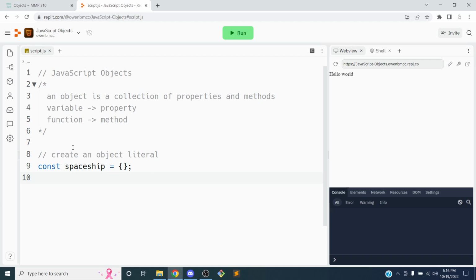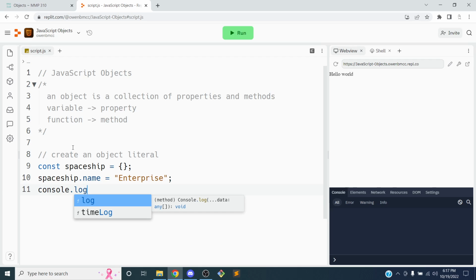So I can say something like spaceship dot x equals, or let's organize this a little bit better. Let's say spaceship dot name equals, what's the name of the spaceship in Star Wars or Star Trek? What's the name of it? The Odyssey, is that right? The Enterprise? Enterprise, yeah, thank you. Okay, so let's say we have a spaceship and the name is the Enterprise. So now when we log our spaceship,